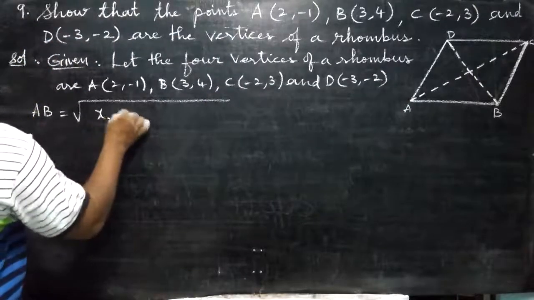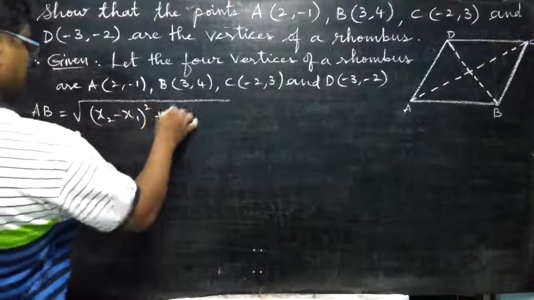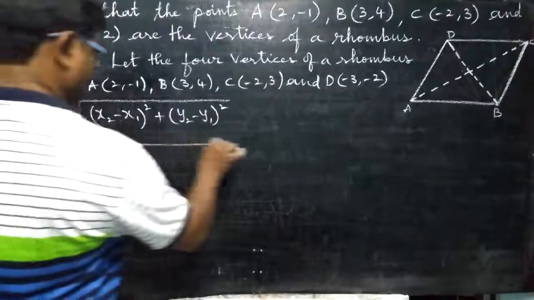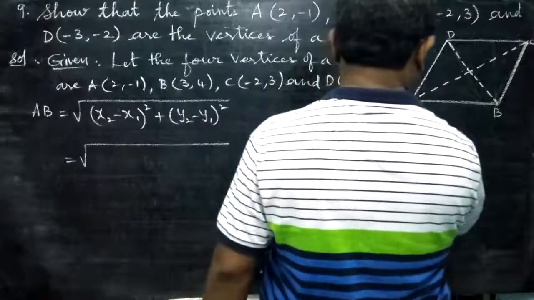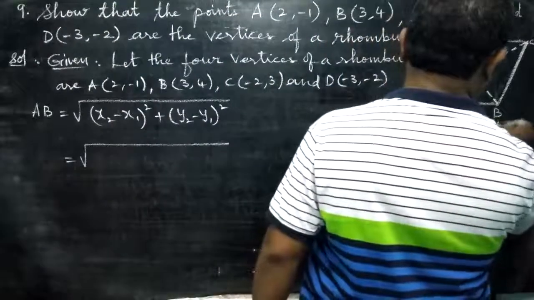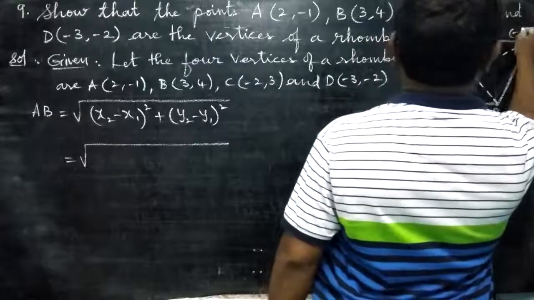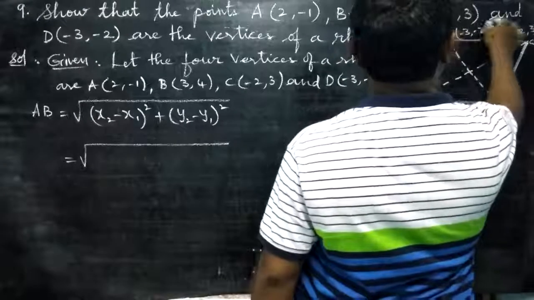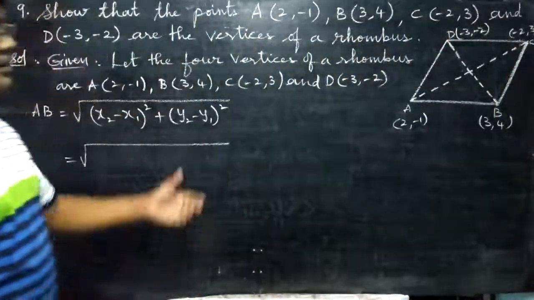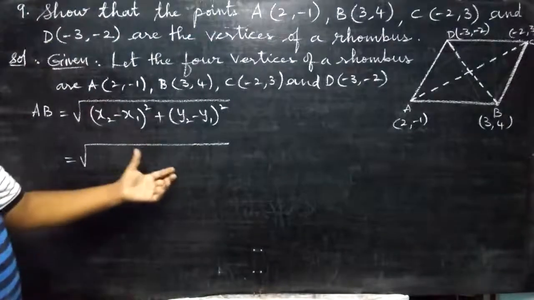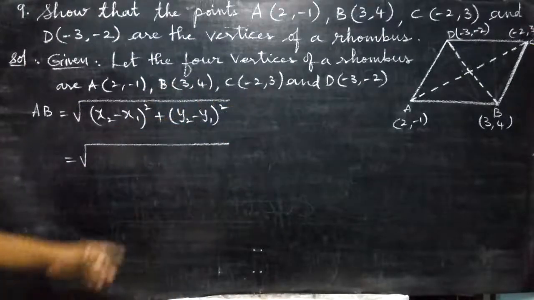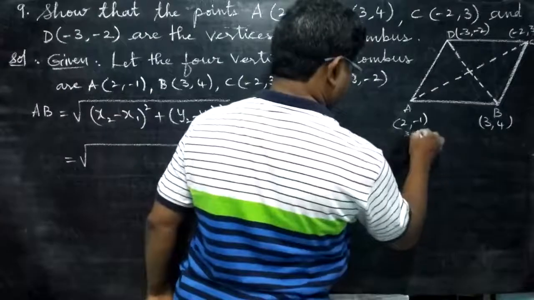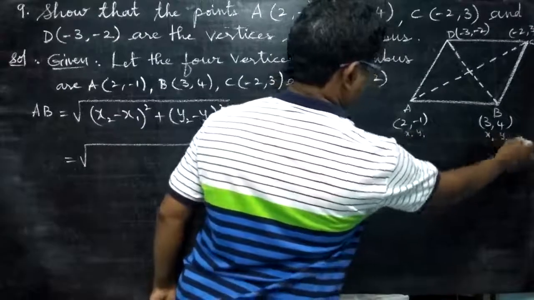2 points. So x2 minus x1 whole square plus y2 minus y1 whole square. You write completely. That is equal to square root of, A how much? 2, -1. B is 3, 4. C is -2, 3 and D is -3, -2. Write neatly, note those clearly. Now, thinking AB, x1, y1, x2, y2. If you write with pencil for your understanding purpose.